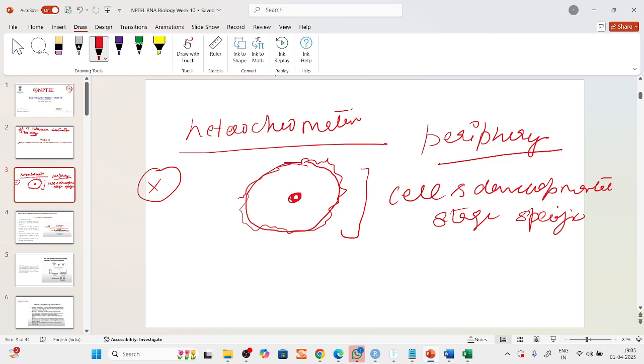No. In some cells it can be present in the nucleus, in other cells it can be present in the periphery. And likewise, for example, if you take the example of the gene which is responsible for the hair color,